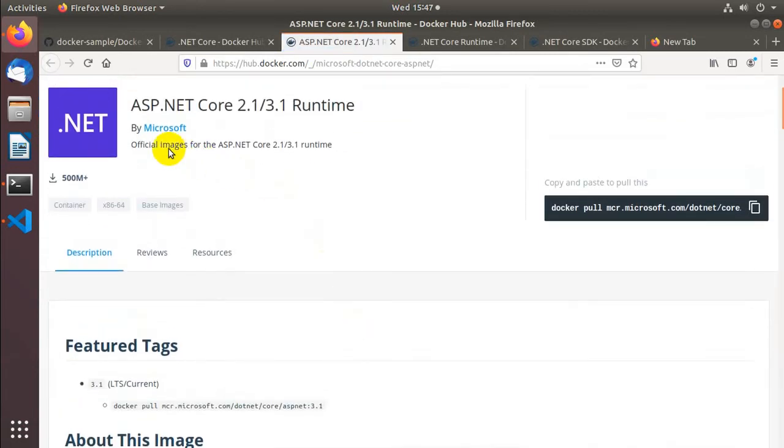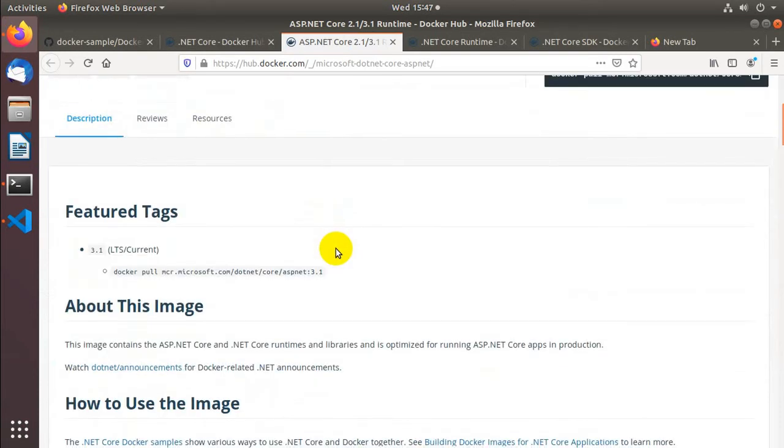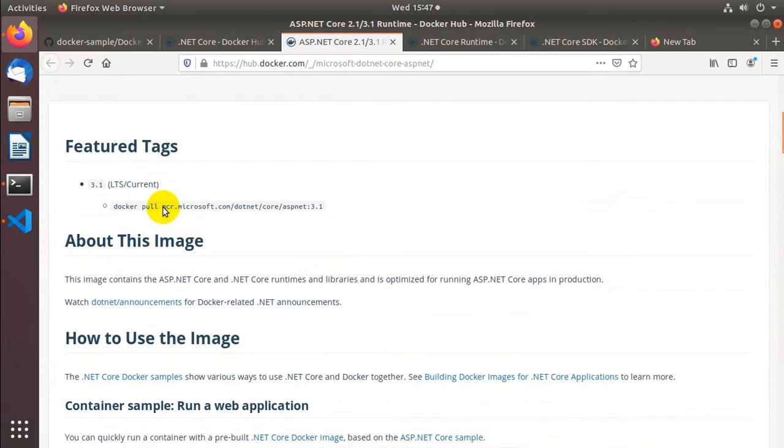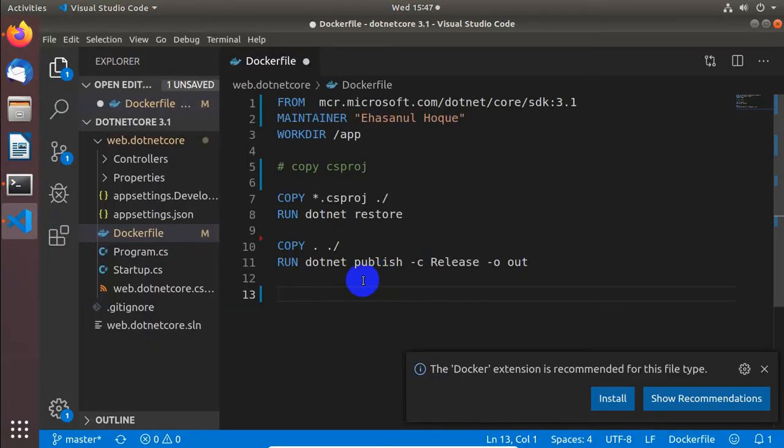This is the official image for the ASP.NET Core 2.1 or 3.1 runtime. This image will help us to run the application in production. So let's use this image.